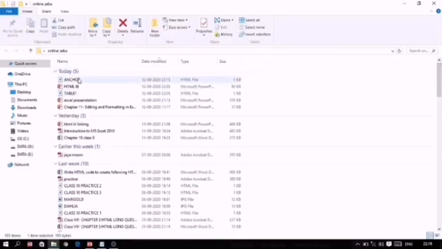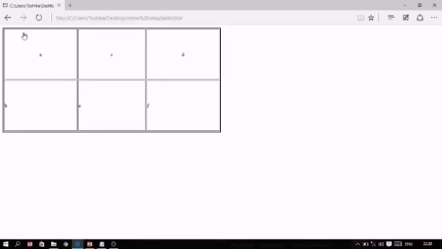So here this is the anchor file, opened by double clicking. This is coming as a hyperlink. This file I have already checked, therefore it is coming in a different color, but when we create a hyperlink, by default it appears in blue color. When we bring the cursor on it, it changes into a pointing finger, meaning this is a hyperlink. Automatically it is underlined. There is no need to give a U tag to underline it, and no need to give a font command for changing its color. By default it appears in blue, but it is coming in purple because it is already visited. So link color is blue and visited link color is purple, meaning we have already seen this.